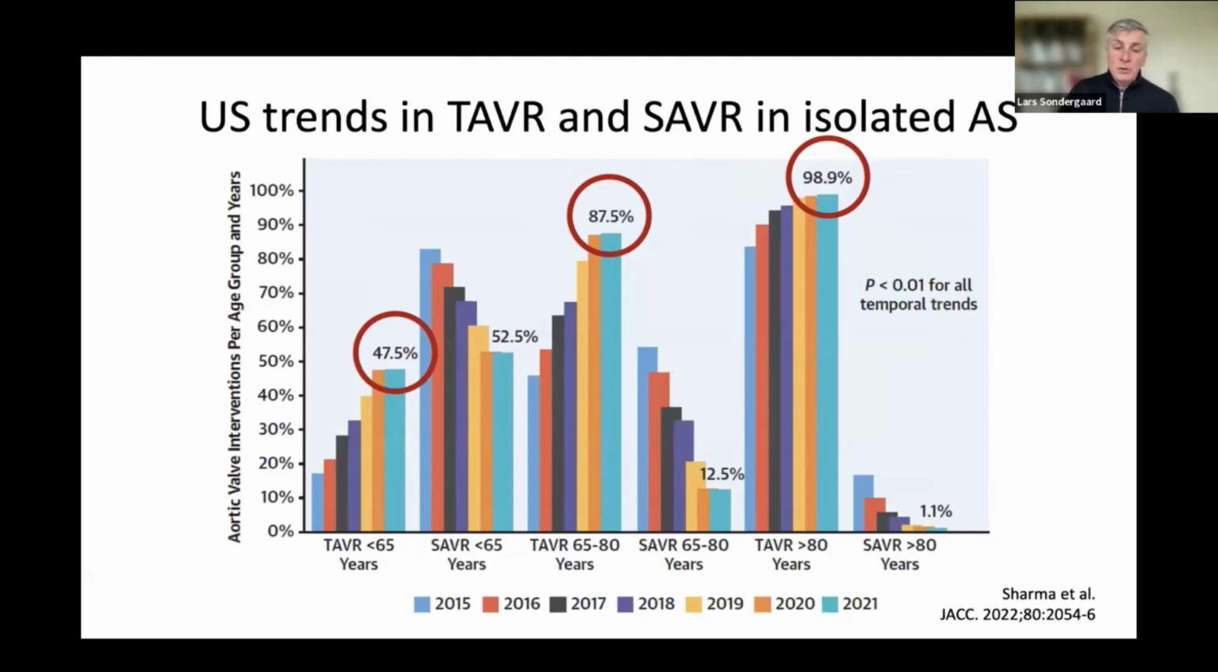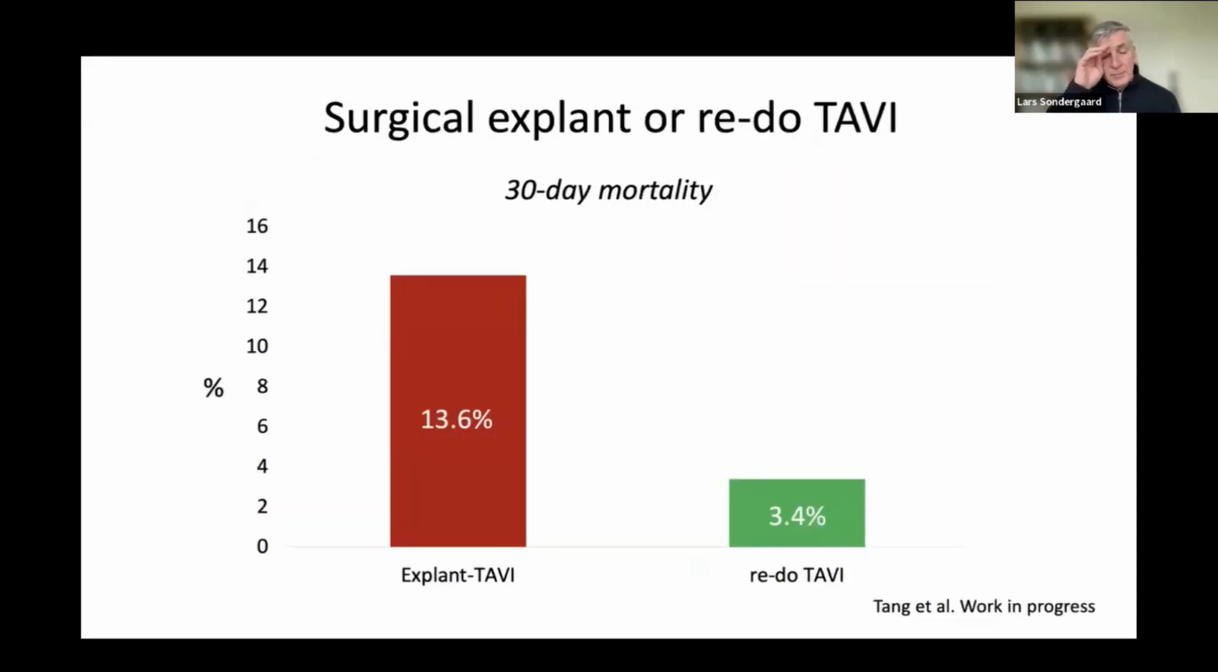Certainly that's something we're going to see much more commonly in the future, that these transcatheter heart valves are going to fail because the patients have a longer life expectancy. And in principle, there are 2 ways to treat the patient. You can send the patient for surgery, ask the surgeons to explant that TAVI valve and implant a surgical bioprosthetic aortic valve. At least the data we've seen so far is associated with quite a high mortality rate,